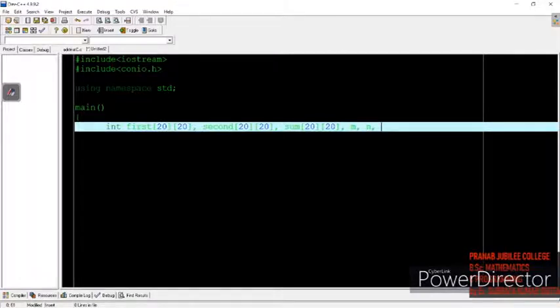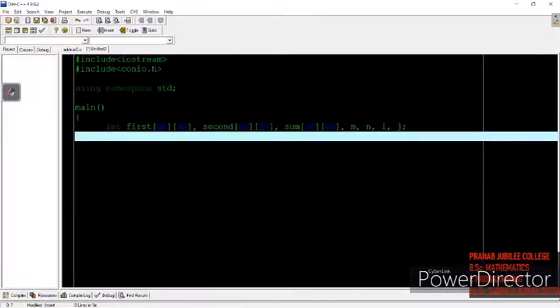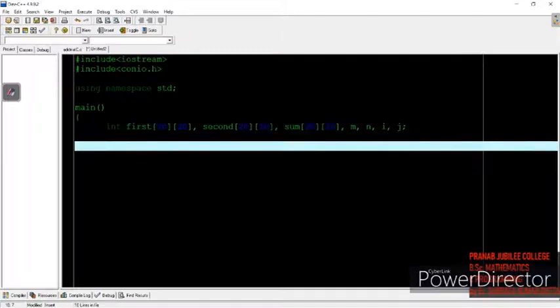That's why I can take the rows and columns in single variables. Then i and j to run the loops, as we discussed how to input elements in an array: we need two loops, one for the row, another for the column.